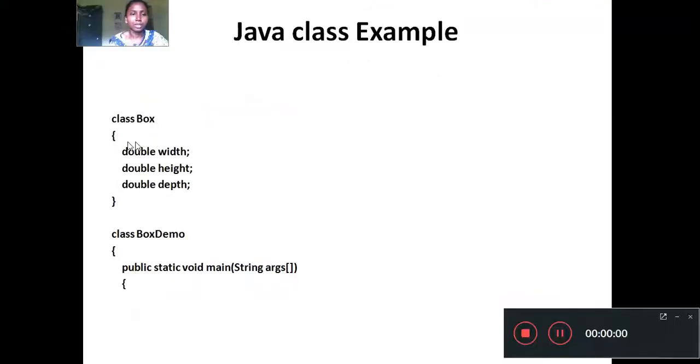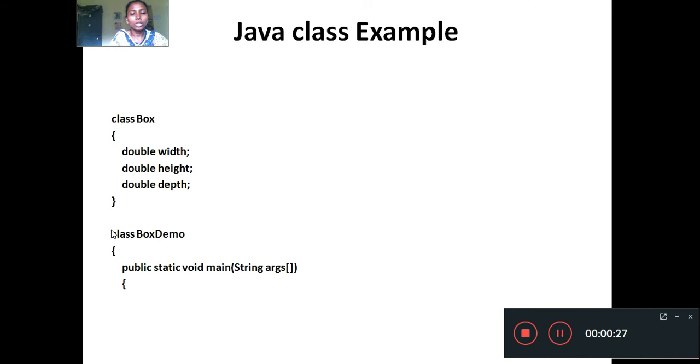Now you see a class named Box, with variables double width, double height, double depth. They are of double type. And here is another class, and you also learned that whenever you write a main method, it belongs to some class. So for that I am writing class BoxDemo or BoxTest, whatever name you give.